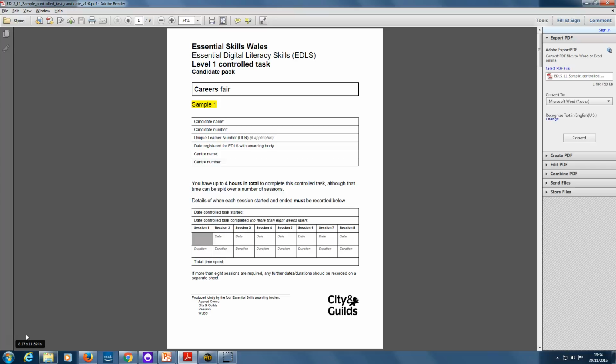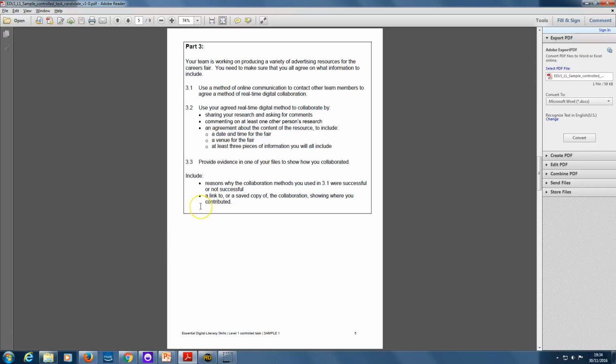In part 1 you created folders and started planning, and part 2 is individual work again and is basically preparation for later on in the task when you'll work in a small team to design and display monitors to promote the Careers Fair. I've opened the control task here on page 1, but before we go any further I'd like you to